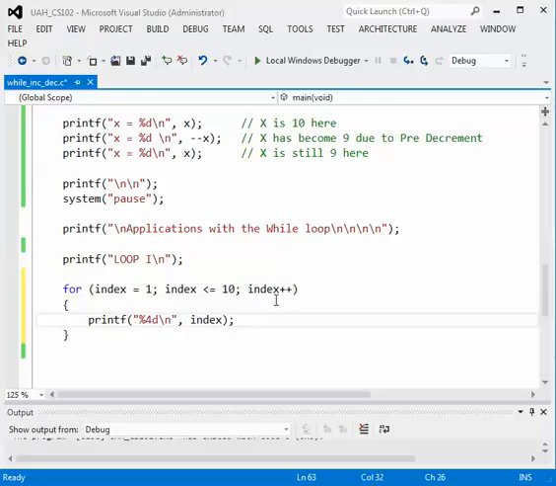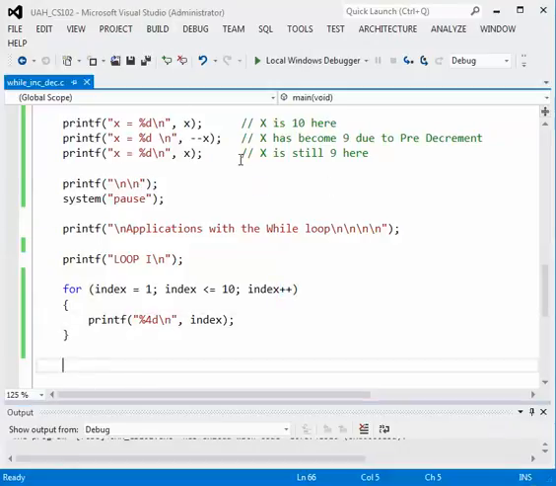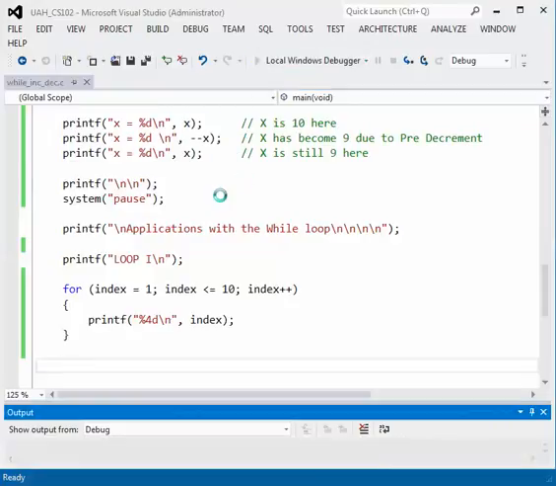And once again, I guess you just need to keep this in a post increment mode here, because you don't want the index to be incremented before you get to this first print statement. If you were counting down, then you can use a decrement operator here as well. But anyway, let's take a look at the for loop. We'll build this program, and we'll execute the program,